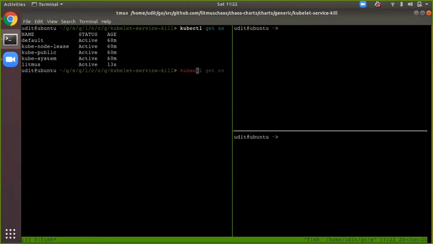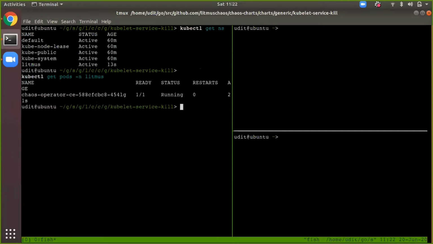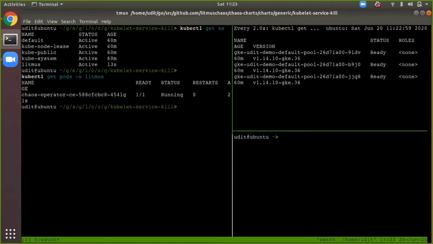The Litmus namespace is visible. What pods are there? The operator is also in running state. Here I will keep a watch over the nodes, and here I'll keep a watch over the pods.